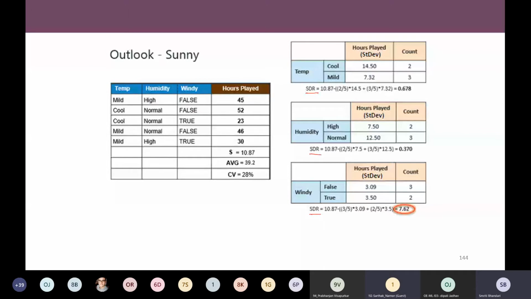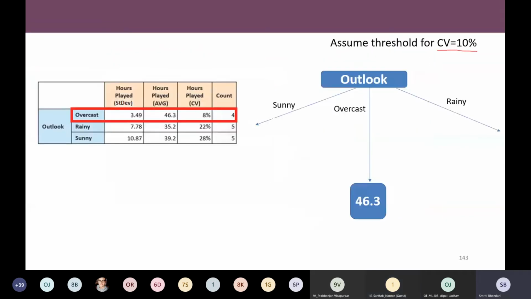Ma'am, sorry for the interruption. Could you please explain the previous slide? Yes. Okay, see here. Have you understood the computation of all those quantities? We have computed this earlier, this and this also.